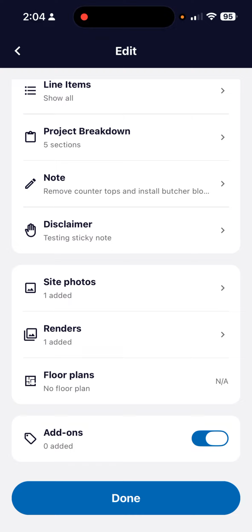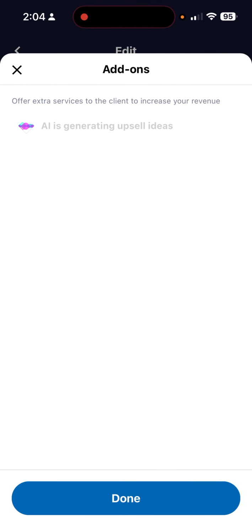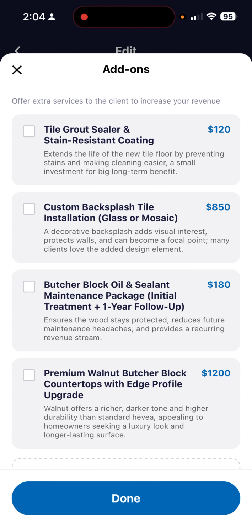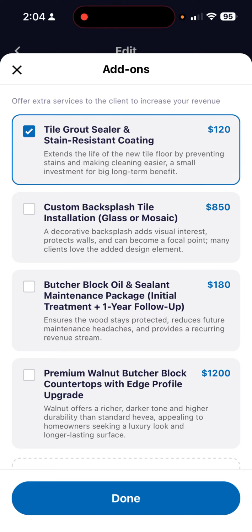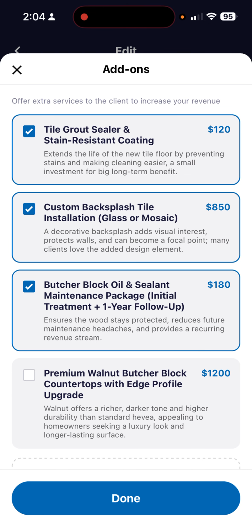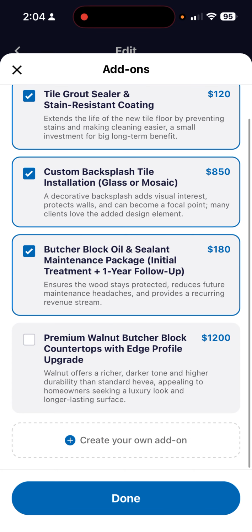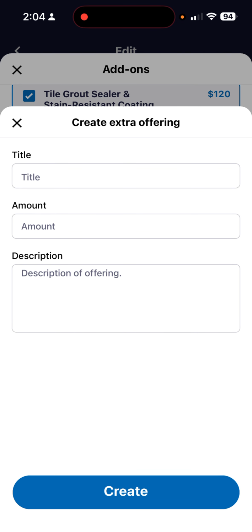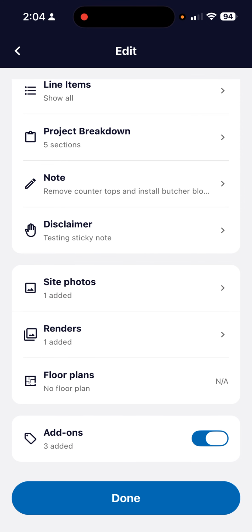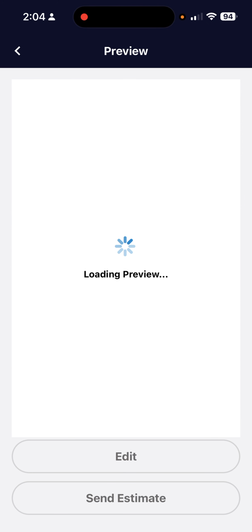Add-ons, we covered this in another tutorial, but we'll go through it briefly. So add-ons are a great way to add on upsells within your work. So if you've discussed things with the client or you thought of some different options that would be upsell items, you can quickly go in here, and the app will give you some based on the scope of work, and you can select those if you want. And then if you have ones that you want to add on your own, just scroll to the bottom, tap Create Your Own, and then you can input those details there. Okay. Once you're done, tap Done again,